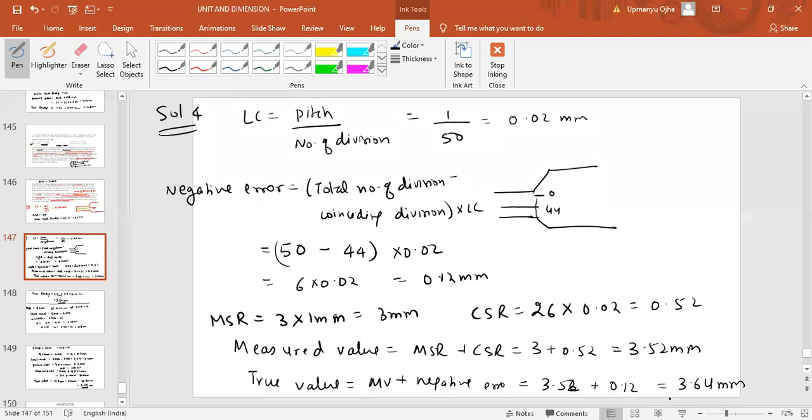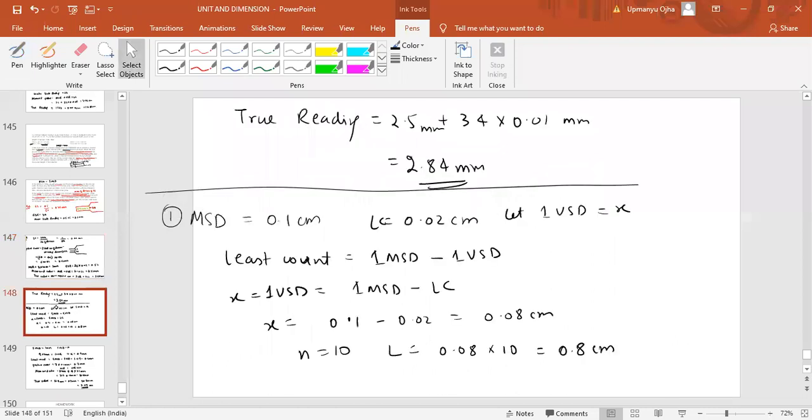Okay, I think you understood all the problems. So in this way, in NEET, you won't be asked this many problems. But if you study a little bit higher level, you can do each and every problem of vernier scale, circular scale. Any problem will come, you will definitely do that problem. If you do something higher level, okay, fine.